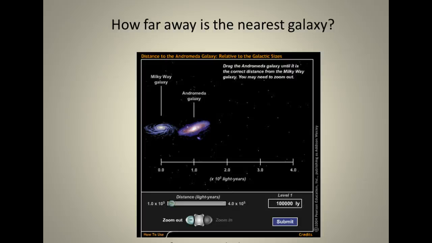Now, this is a perfect time to mention the nearest star to our planet. That is, the nearest star other than our sun. We know that our sun's 94 million miles away. The nearest star to us is a double star system called Alpha Centauri. That's Alpha Centauri, Alpha Centauri. Now, the closest star in that double system is called Proxima Centauri,